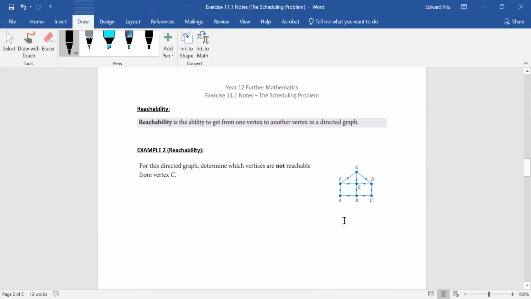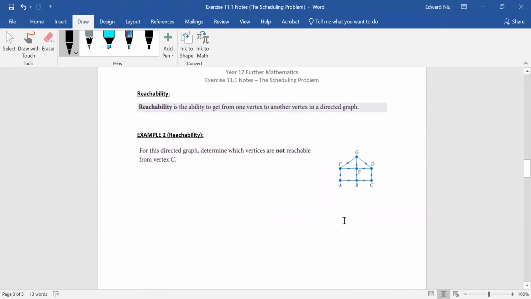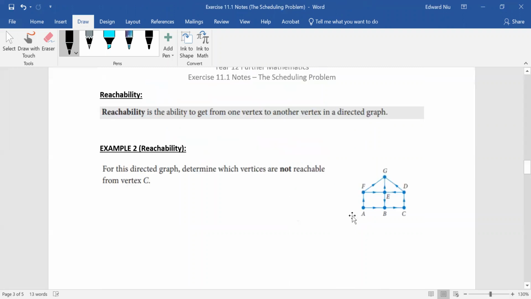Let's take a look at reachability. Reachability, exactly what you think it means in English. When you're reaching for something on a shelf, you either can reach it or you can't, and that's reachability depending on your height. Here, what we're talking about is the ability to get from one vertex to another in a directed graph. So if we're talking about the reachability for this directed graph on the right, determining which vertices are not reachable